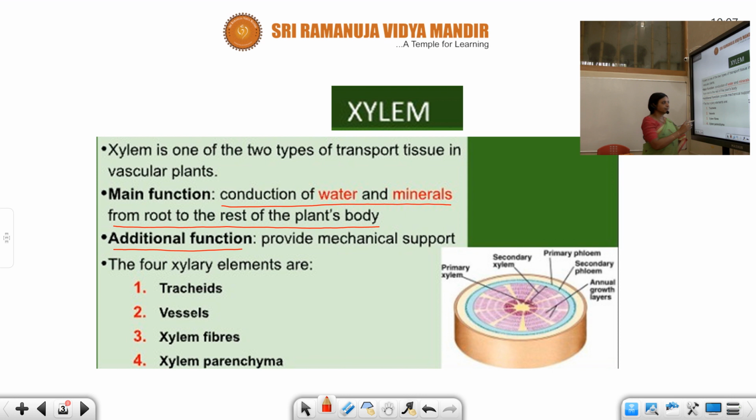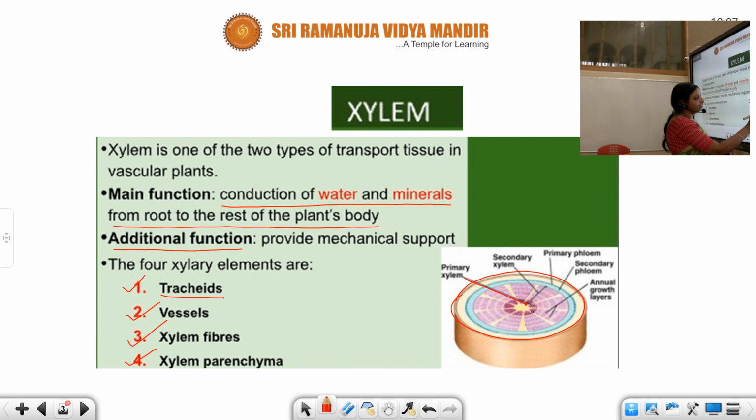So first one, xylem tracheids. What are these tracheids? We will see, but before that just have a look at this diagram. Here it is xylem, with primary xylem and secondary xylem. This is primary xylem, the inner part, and this part is called secondary xylem, which is formed after secondary growth. You can observe that xylem is present on the inner side of the root, stem or any leaf, in the inner portion of the plant body.